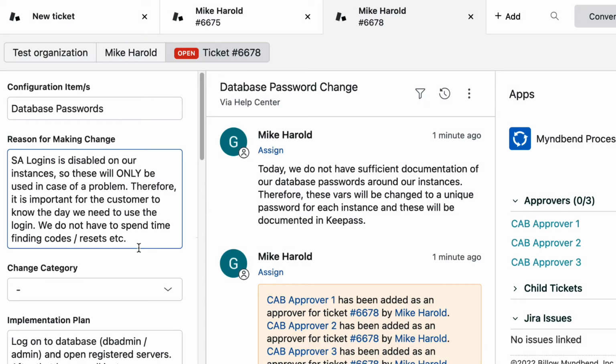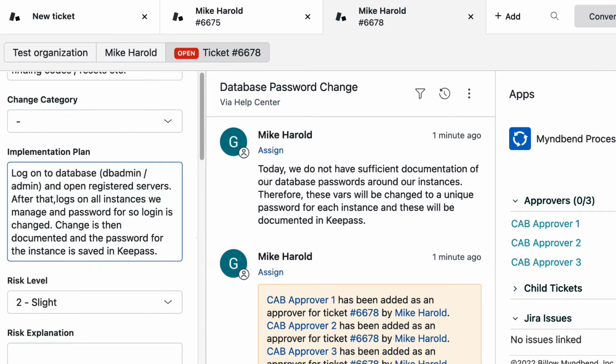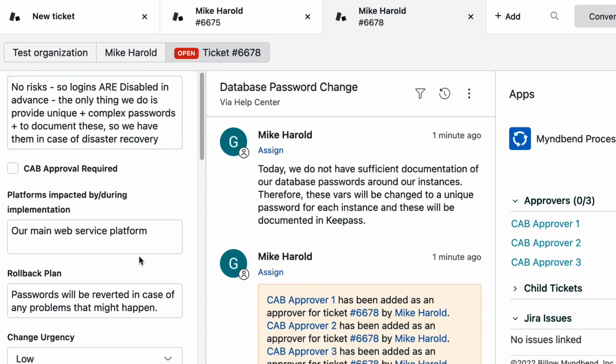Our ticket templates are fully customizable to suit your workflow, and you can use them with Zendesk placeholders, macros, and triggers. Let's look at another quick use case for IT change management. We have a new ticket request to update database passwords. The request includes information about the departments that need to be involved, reasons for the change, and any other necessary